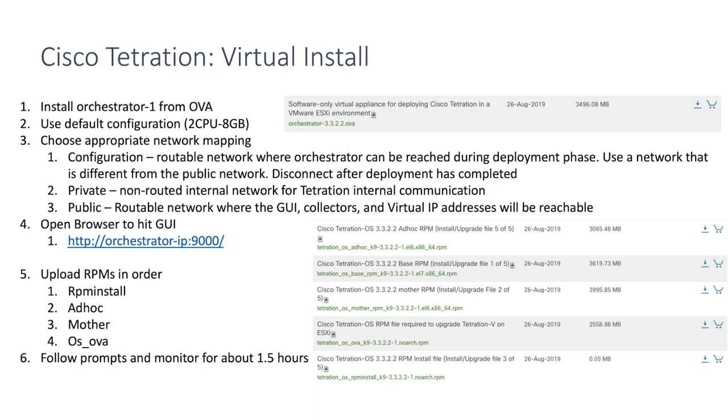So this is going to be the actual initial virtual install to get everything up and running. Exact details of this can be found in our install guide on cisco.com. We do recommend that you host the orchestrator OVA on a web server close to the ESX cluster. It can become a very large file, so depending on your infrastructure, it could take a while if there's a slow link. But to start, we're going to install the orchestrator from the OVA, accept the default configurations of it,